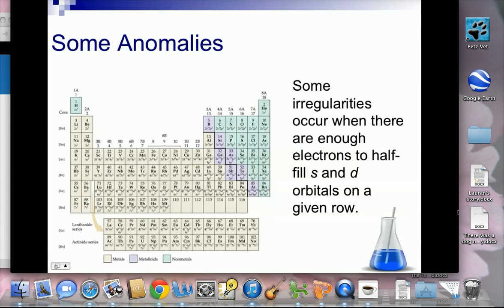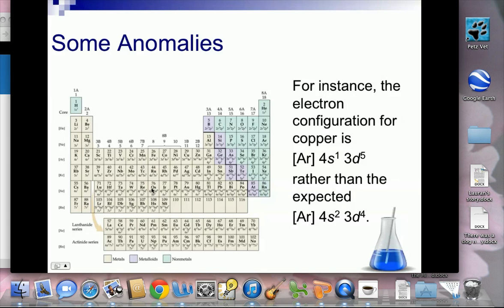There are some irregularities according to the periodic table, and a lot of times it'll happen when we get down here into the d block. What happens is we should fill the s orbitals first and then d orbitals on a particular given row. Sometimes, for instance, the electron configuration for copper, which is Ar, the last noble gas passed, is then 4s1 3d5, which seems